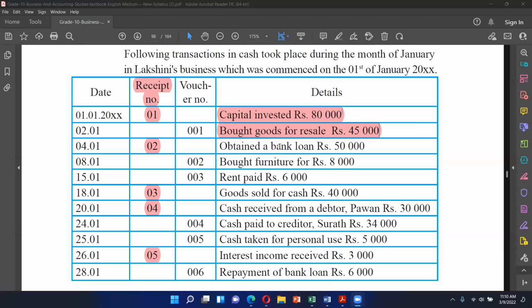Cash account debit and bank loan account credit. Yeah. Cash account debit, bank loan credit. It's because you receive money. Okay. And 8th January we'll ask from